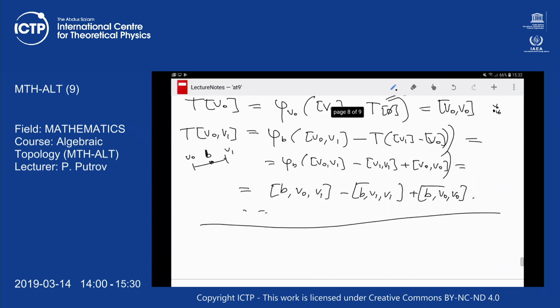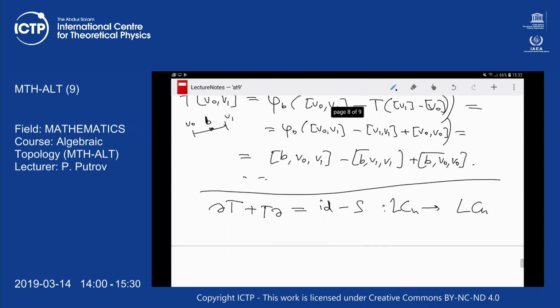Okay, and so now let me quickly show the following property. So we want to show that this combination is the same as identity minus S. So this is understood. So the elements here are understood as the homomorphisms from LCM to LCM. And so again, since we have a definition of T and S by induction, we will show this formula by induction